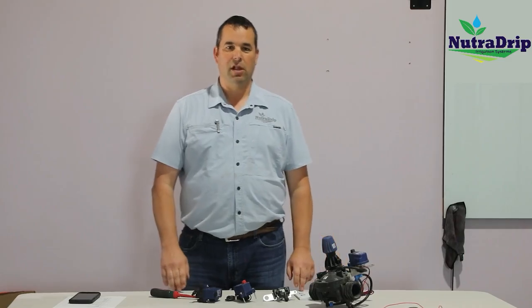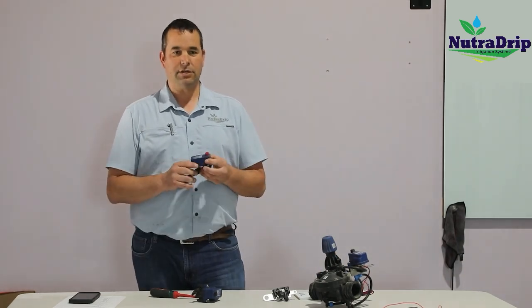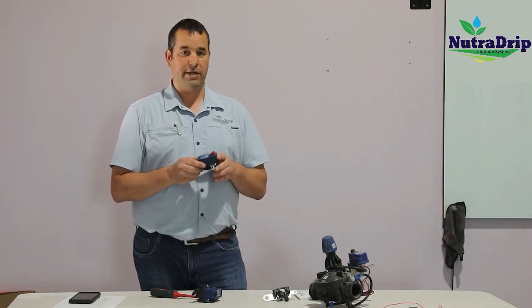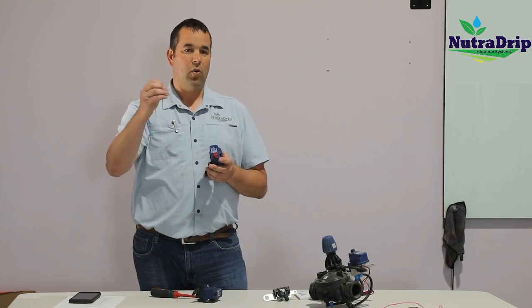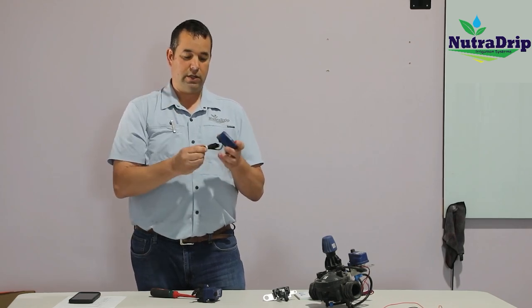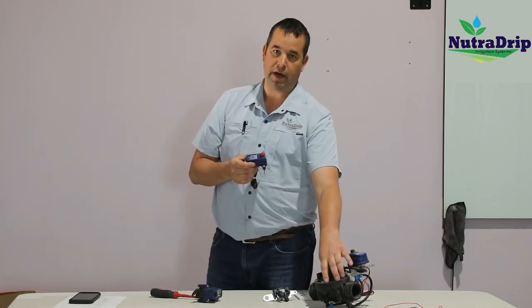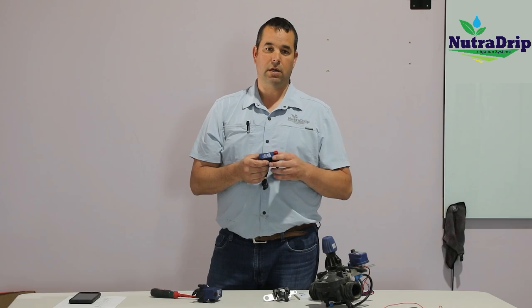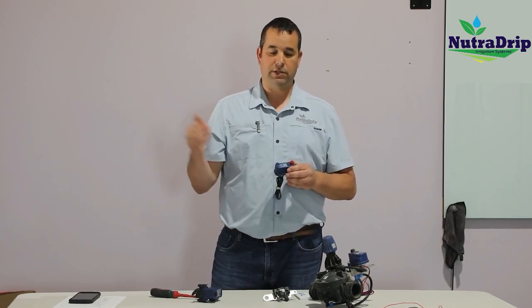Okay, we're going to talk about solenoids. Solenoids are essentially the electric device that connects your controller to your drip irrigation system. We're getting an electric signal either via a wire or a radio. It's going to this solenoid, it's opening and closing the solenoid, and the solenoid is connected to a valve. And then that valve's opening and closing to let water either start passing through or stop passing through a particular